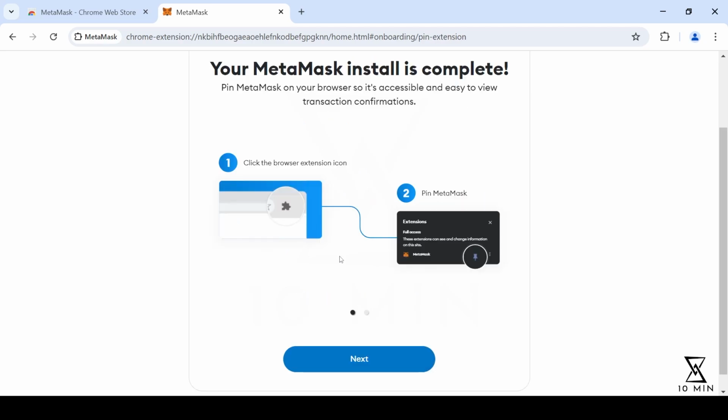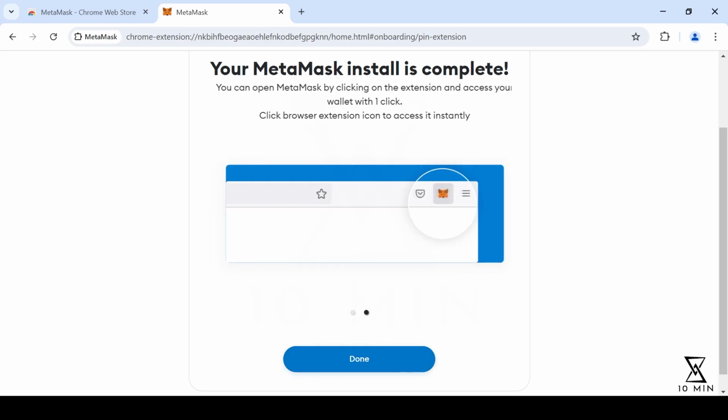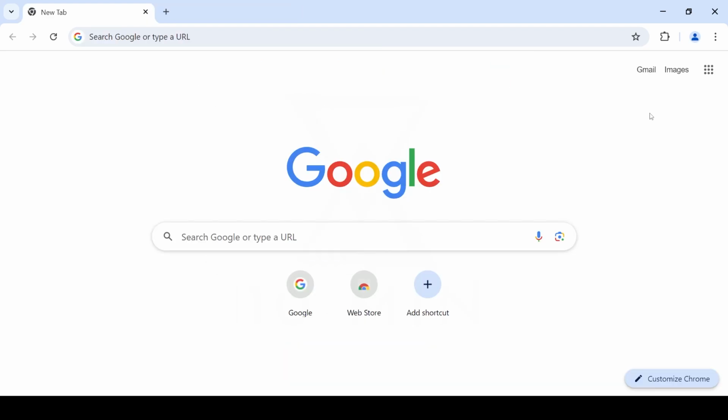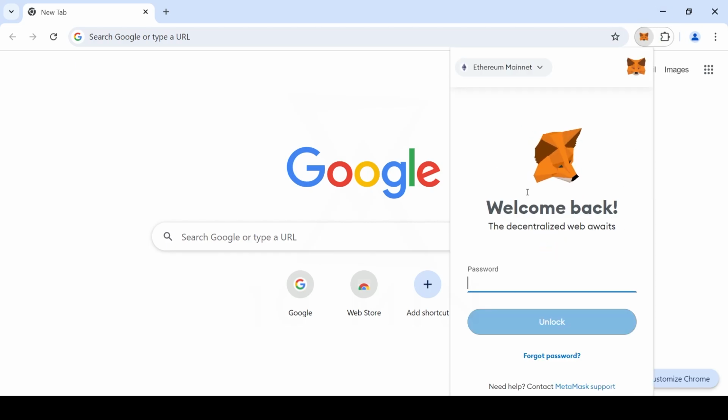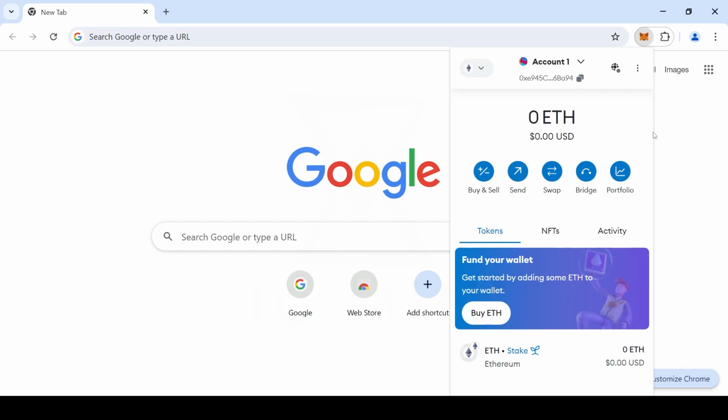Installation is complete. And here in the case of Chrome, you can use it like any extension. So we click done. Now if you want to open your wallet, you click here on extensions. If you've installed a phone app, obviously you just open the app, and here we click on MetaMask. Looks like a little fox. And now the software opens. We have to enter our password, which we hopefully remember. Looks good. And usually that's what you see next.